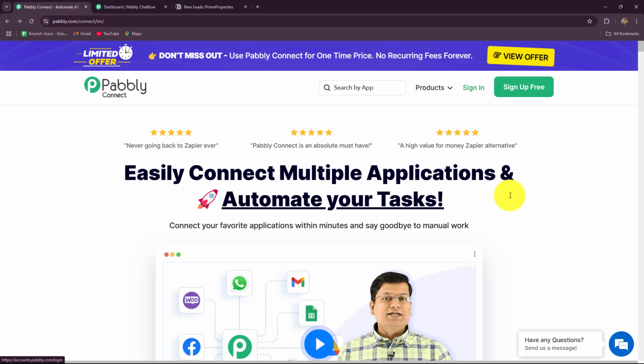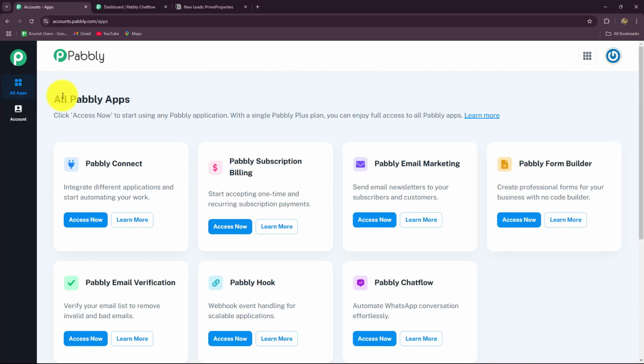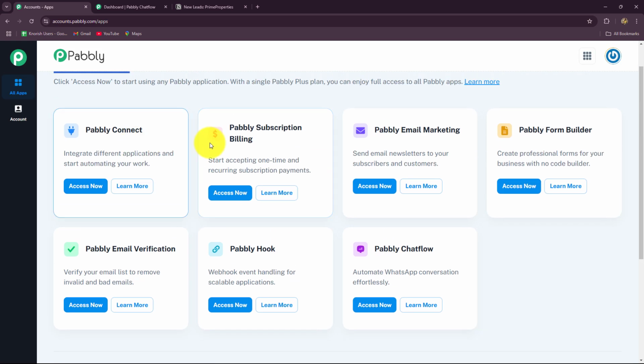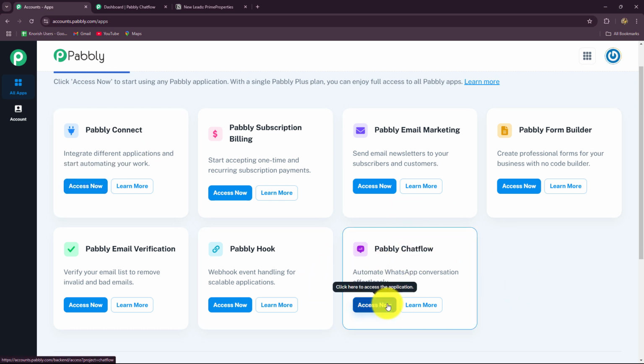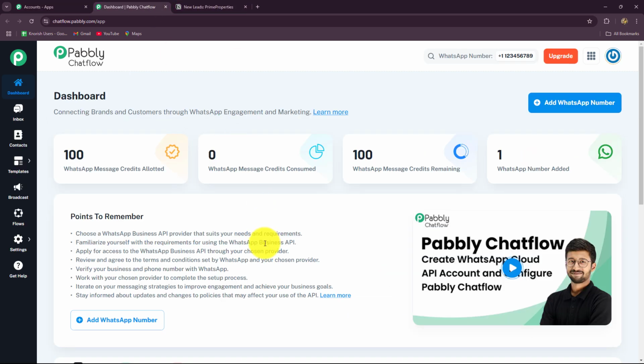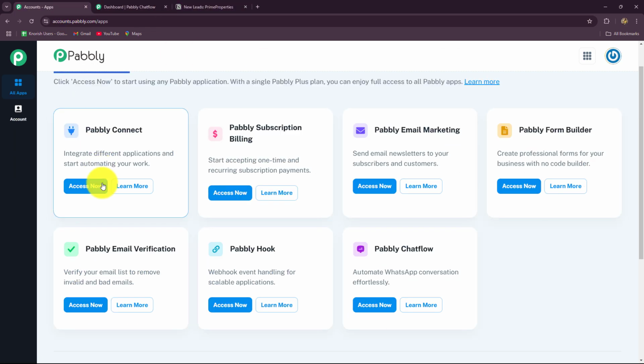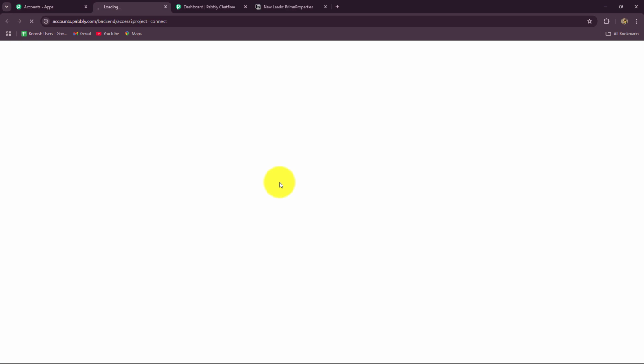So as an existing user, currently I'm going to click on sign in. This is the all app section where we can find all the products which are offered by Pabbly. To create this automation, we are going to use Pabbly Connect. So let's click on access now. Over here from the all app section, you can also access Pabbly Chatflow directly by clicking on access now. Because I am already logged into my Pabbly Chatflow account, I am going to click on access now on Pabbly Connect. As we have done that, you can see that it has now taken us towards the dashboard of